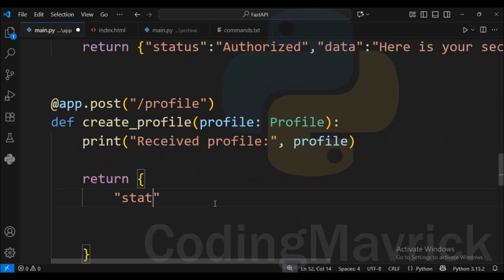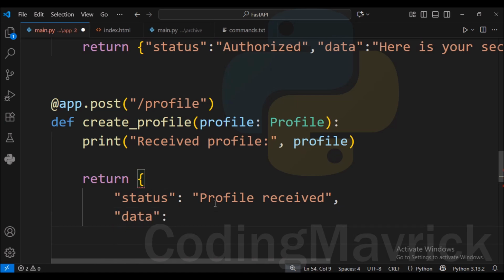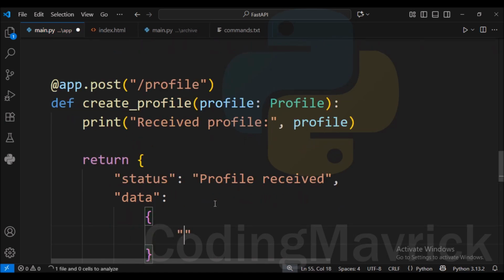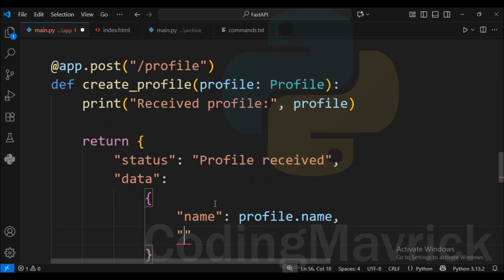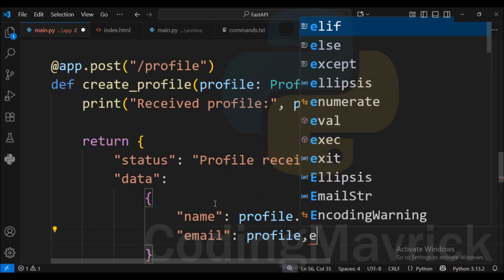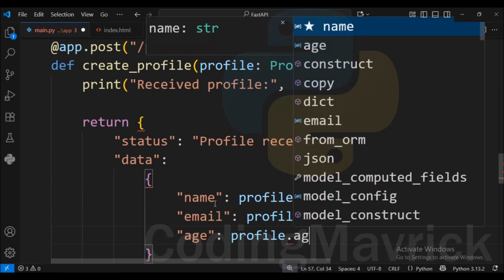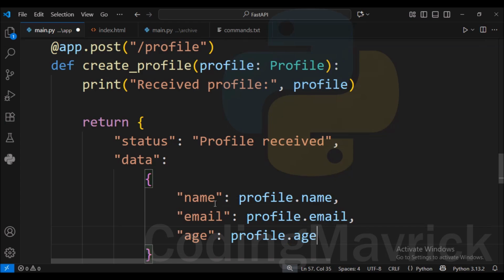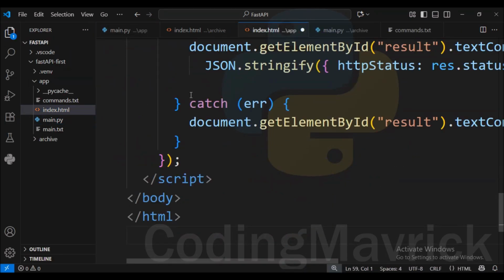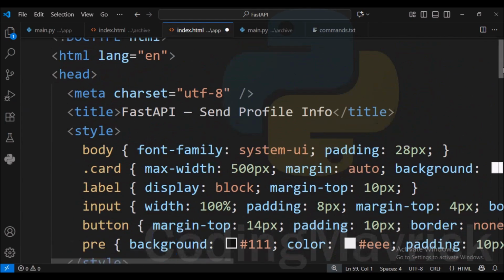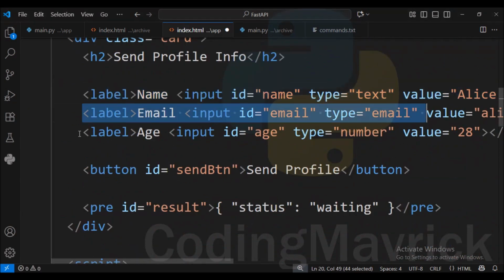It includes a status message to confirm success and echoes back the profile data with name, email and age received from the client side. When the client posts valid JSON to /profile, BaseModel validates it and FastAPI responds with the same data wrapped in a success message. Now in the HTML file, we'll create the input fields for name, email and age.